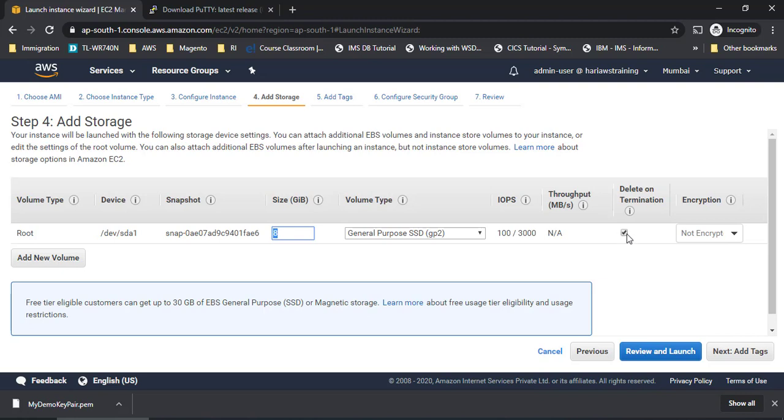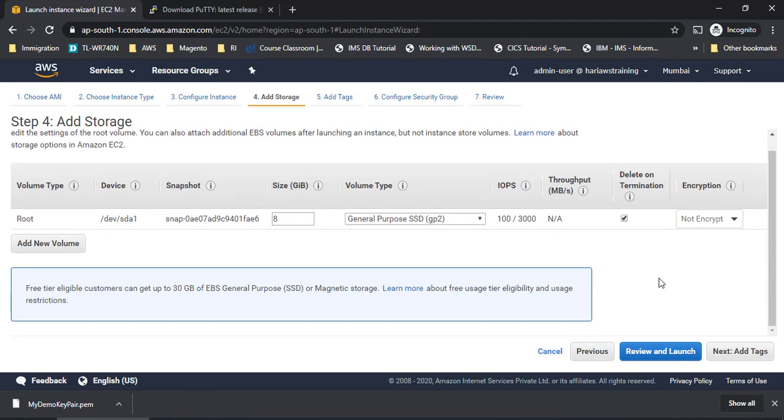So you can uncheck it if you want to have the data stored, and even if the EC2 machine is terminated, you still have the data, and you can access it and link it to another EC2 machine. That way we can do it. But for now I am checking this because I want it to be terminated when I remove the EC2 machine, right? You can add multiple volumes also, which are called EBS volumes. We will see it in a later lecture. For now we are not going into more detail about EC2. So these are the basic steps.